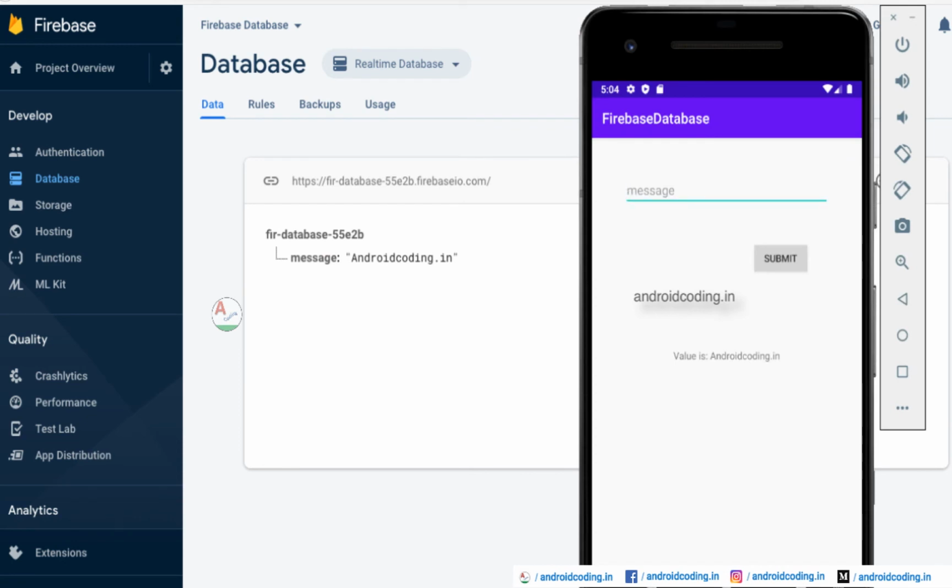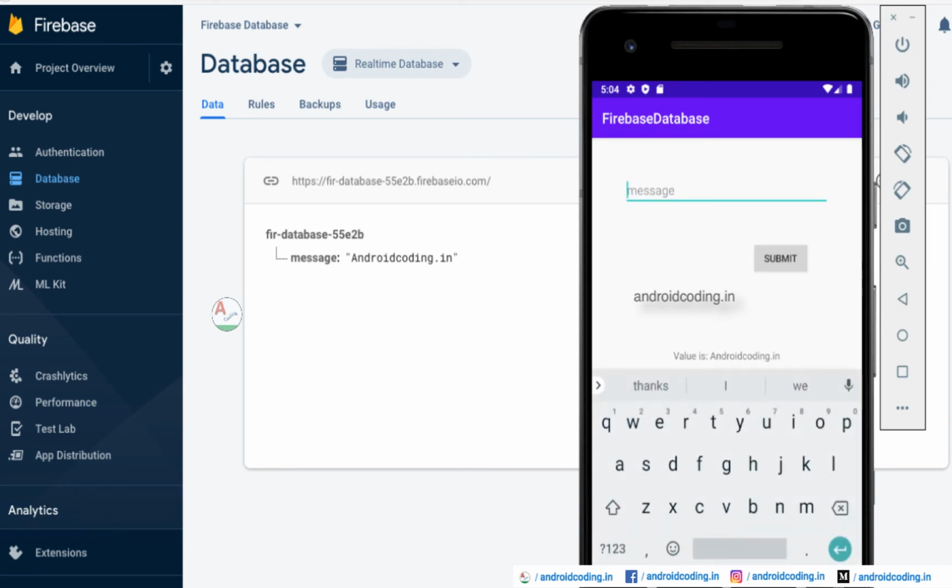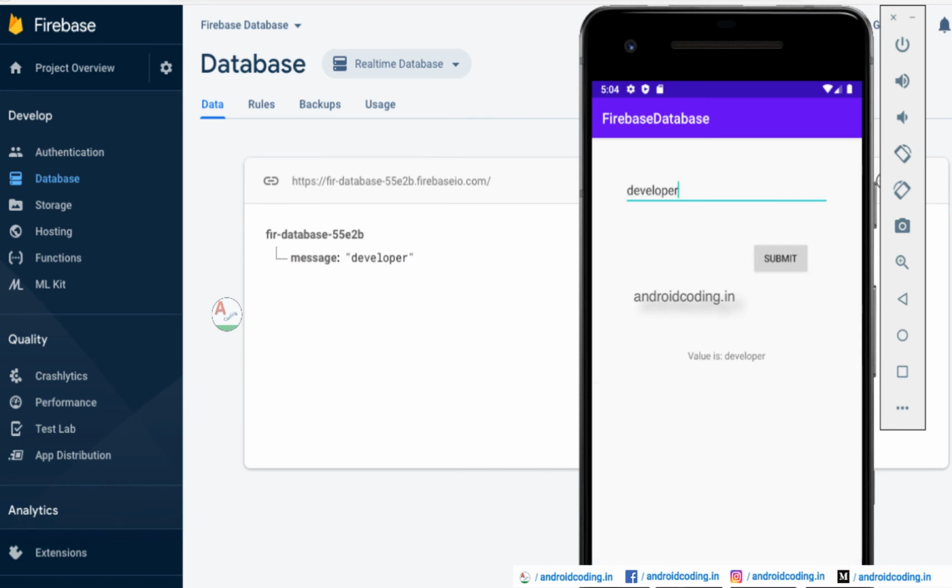So here we can see, if I say developer and click on the submit button, you can see this value is changed here and here in both places. And let us try something more also, one more example.